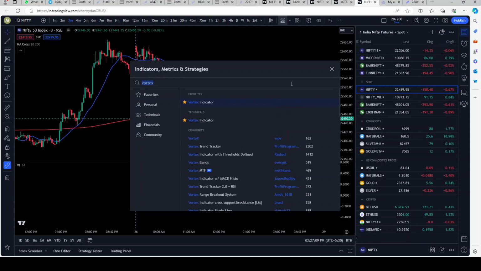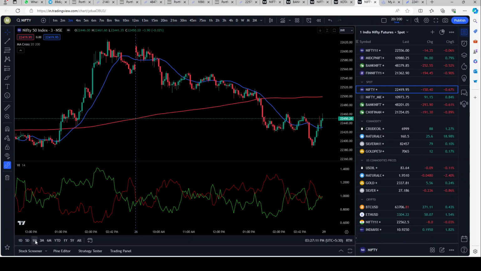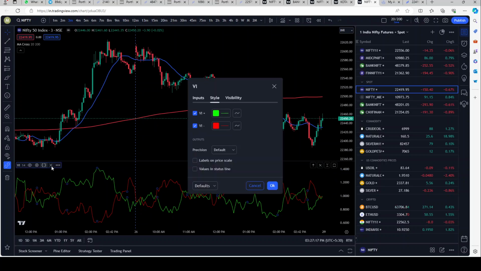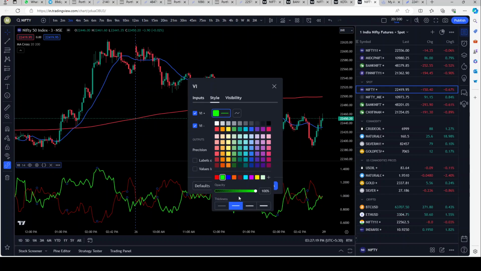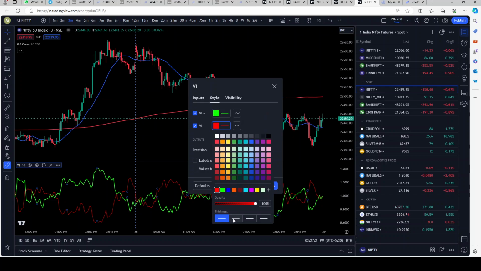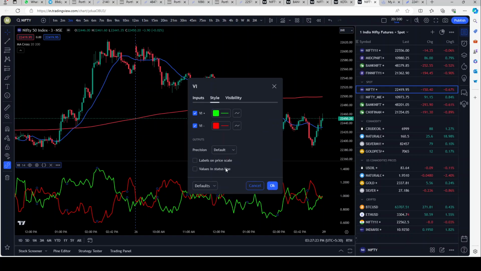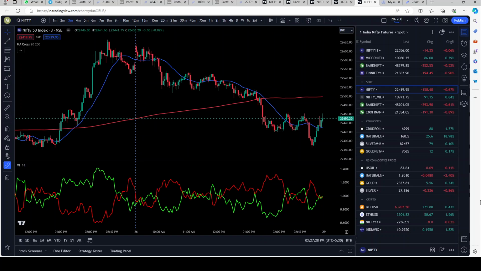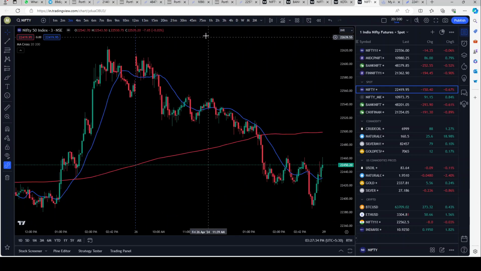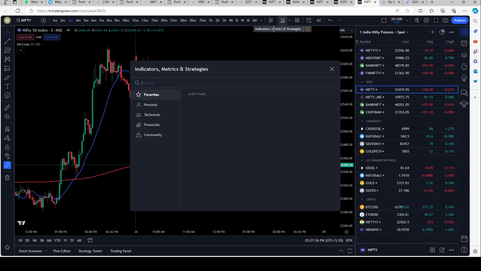We have the Vortex indicator on TradingView as well. So there you go. You have your two free indicators that you can use. I'll just make this a little thicker once and for all so that I have no difficulty seeing them. And I'll save this as default. There you go. Similar to what we had on Fares, and instead of Vortex, you can also use something called